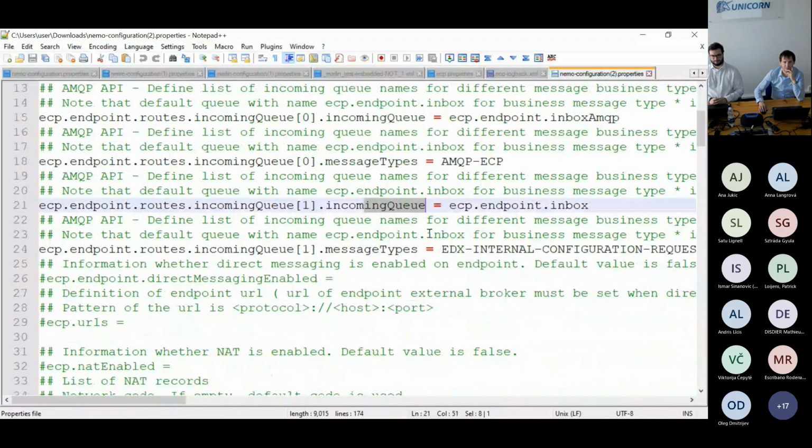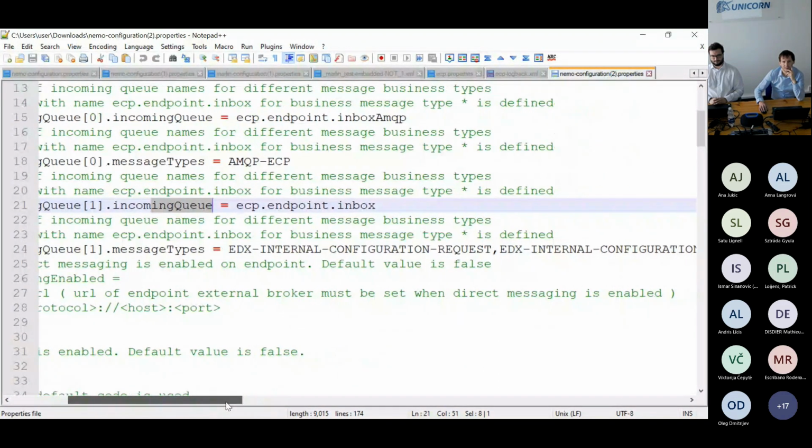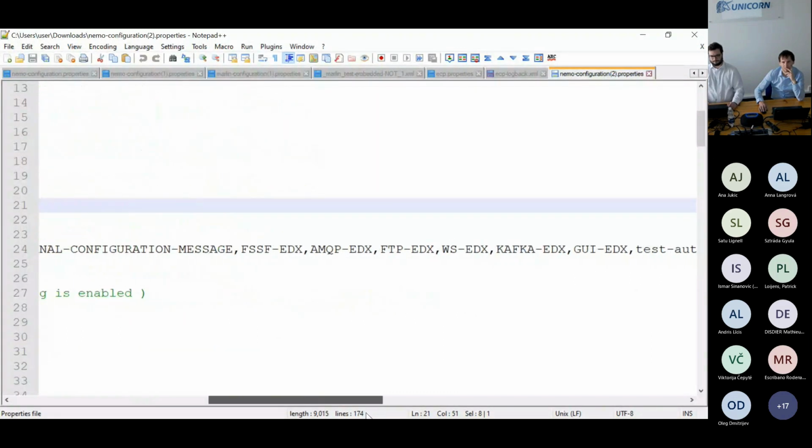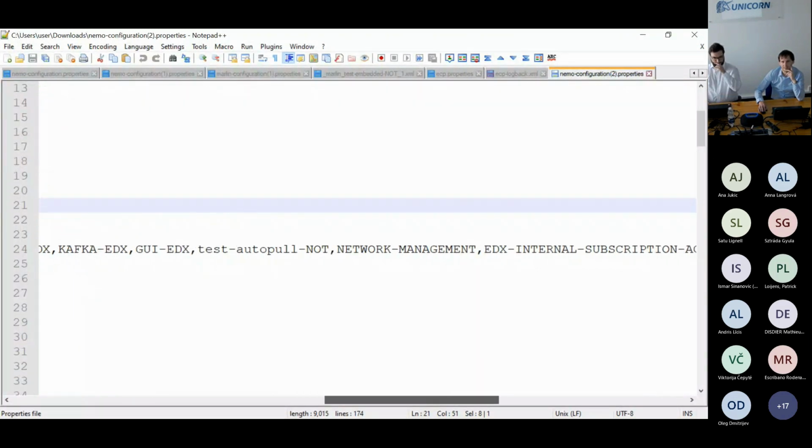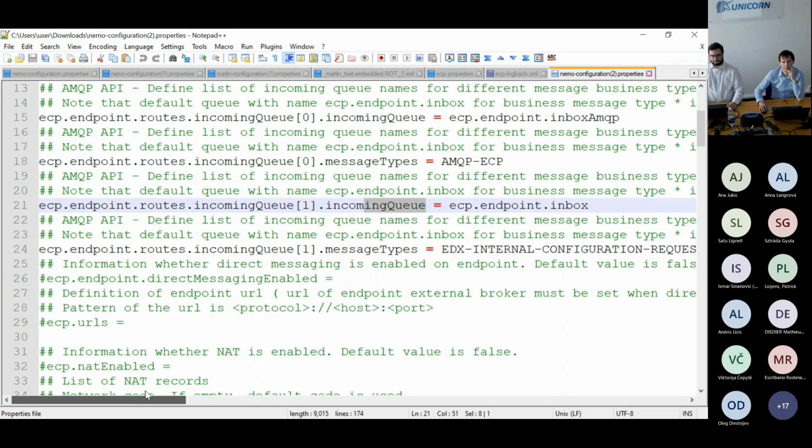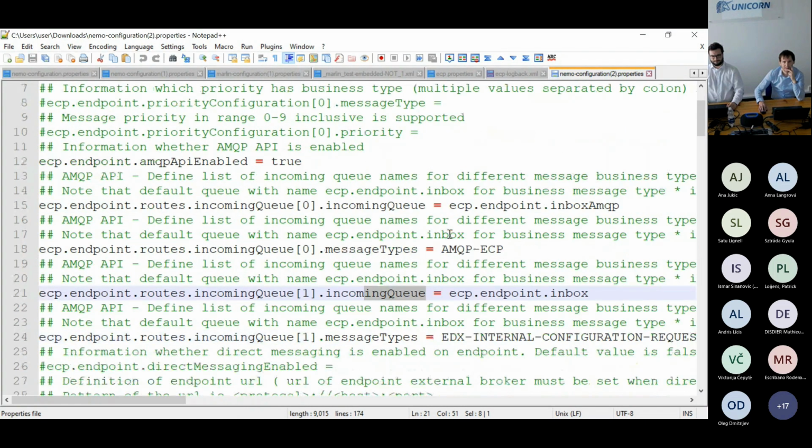There is a different queue, the ECP endpoint inbox, which is a default queue used for forwarding the messages defined there to the EDX toolbox. For us, this one is important: we have defined that the ENTSO-E ECP type will be sent to this queue,